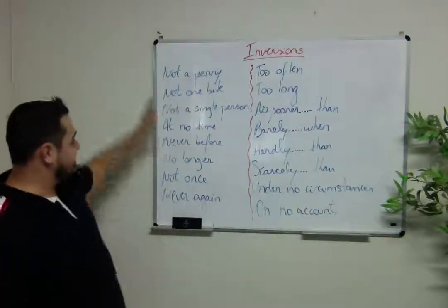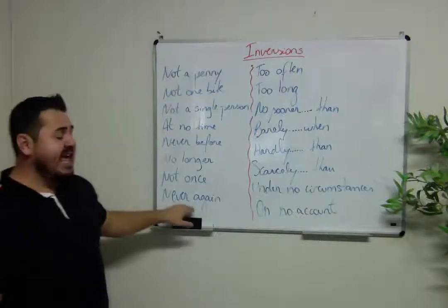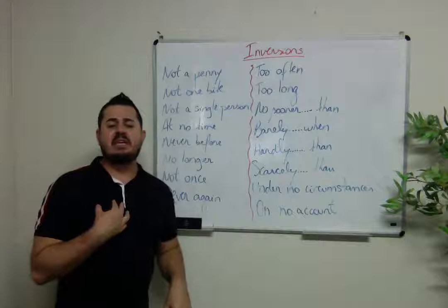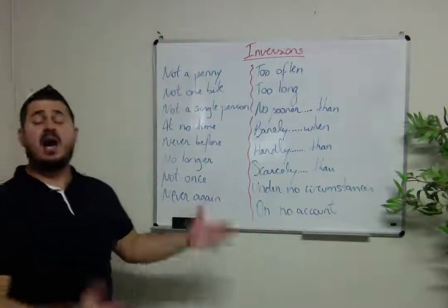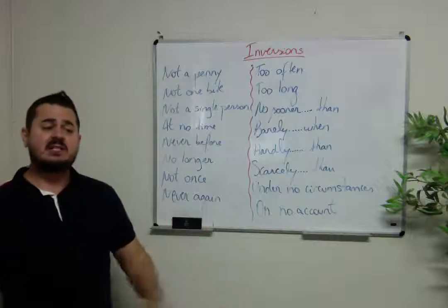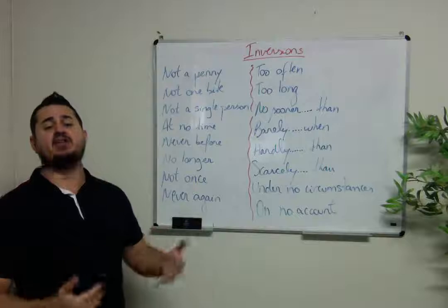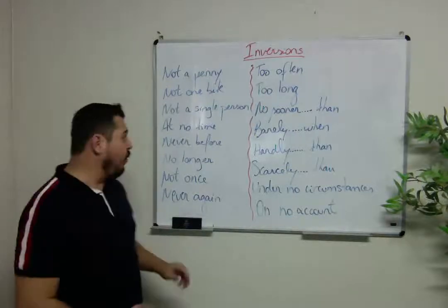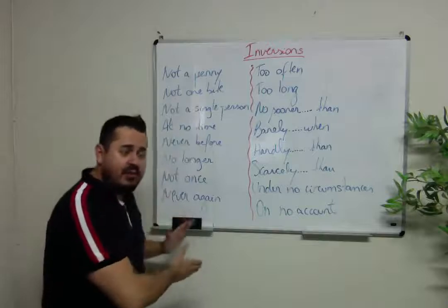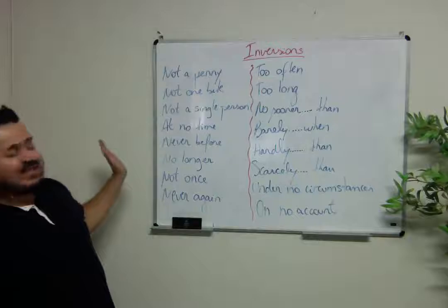And the last one of this first list, never again. So never again will I intervene in their fight. Why is that? Because the last time I tried to intervene, something went wrong. It wasn't right, and I don't feel like trying to intervene again. If you guys could notice, I've always inverted the auxiliary verbs and the subjects. Now let's move to the second list.